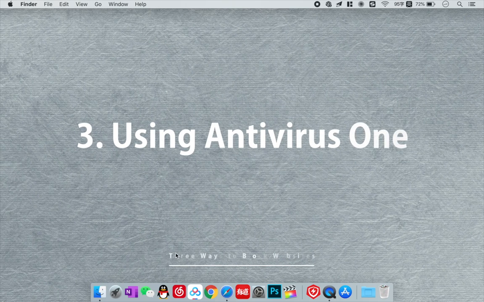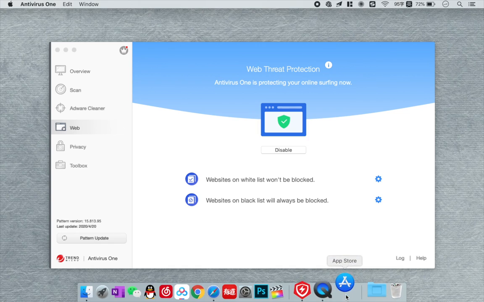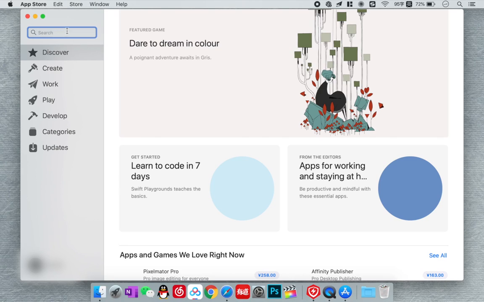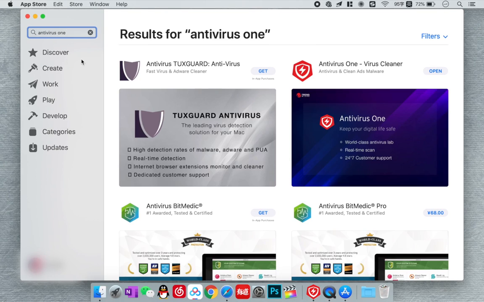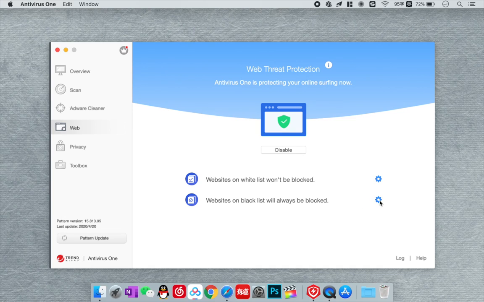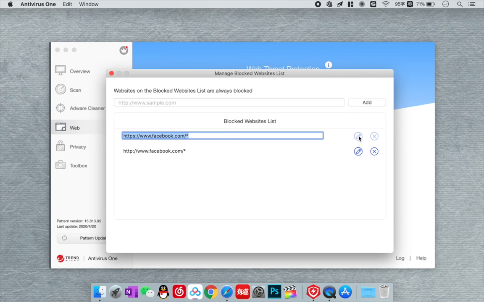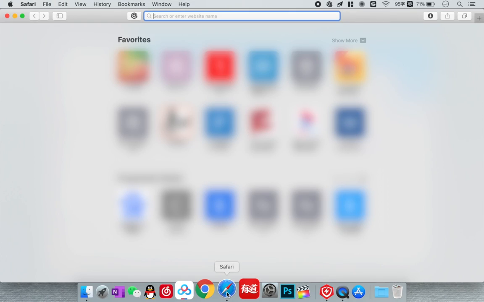The last method to block websites is by using third-party software. I'm currently using Antivirus 1. You can find it on the App Store by searching Antivirus 1, and it should be this. As I said, it can scan my whole disk, and I use the web threat protection so that I can easily add block web lists and whitelists when I'm using my laptop without switching to different users or losing access. So I can just add a website here and I can still edit it easily. This works with Safari,